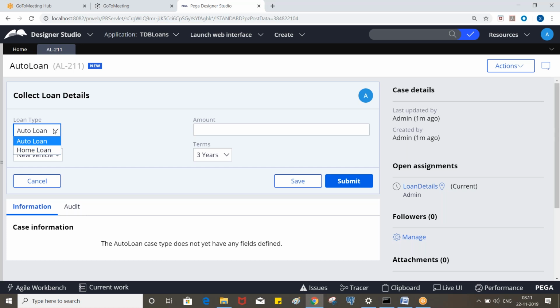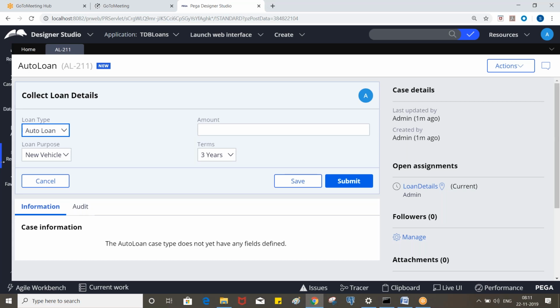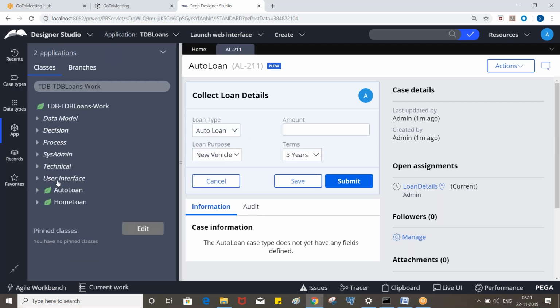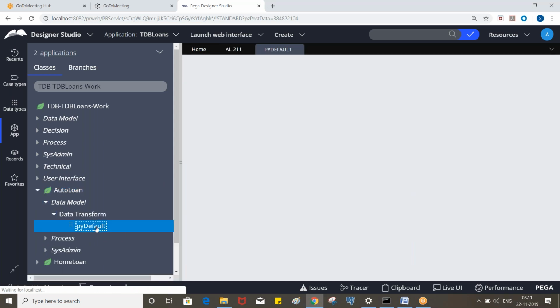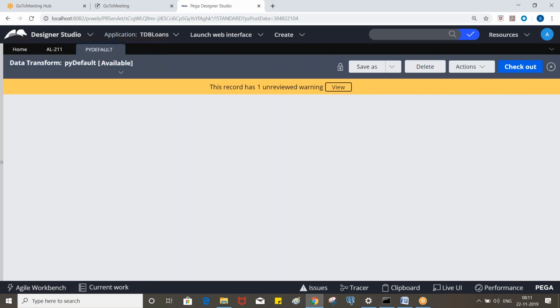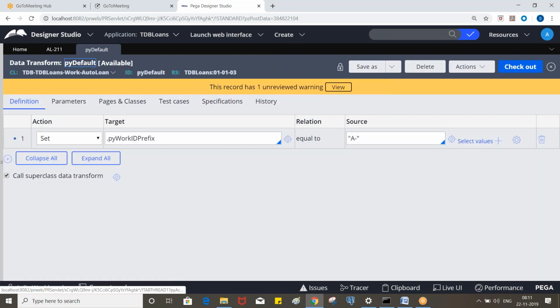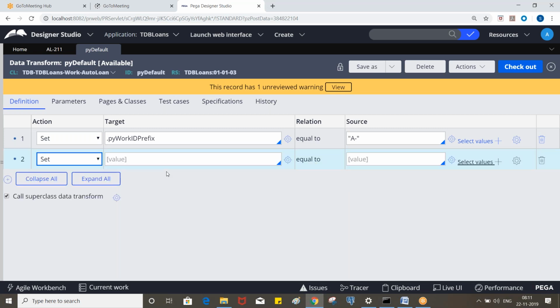Okay, right? So go to the PY default of auto loan. We use the data transform to assign the values to the properties. Okay, so auto loan is a value and loan type is a property. That means whenever you execute auto loan, this PY default will be executed.